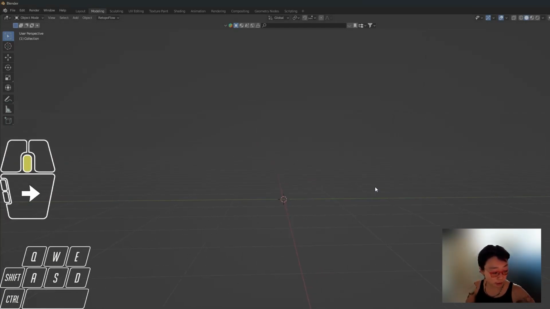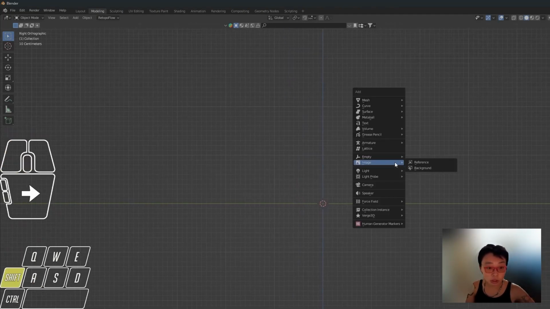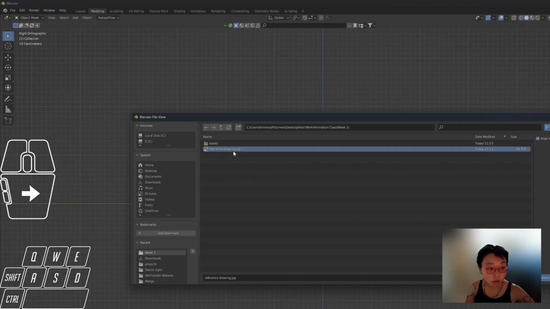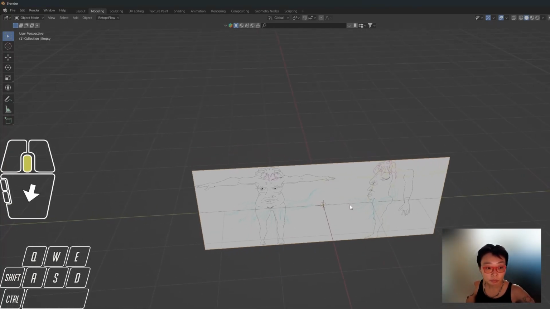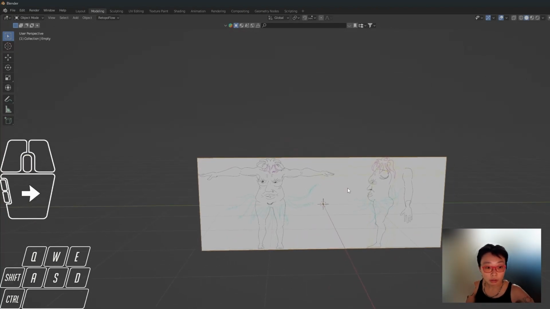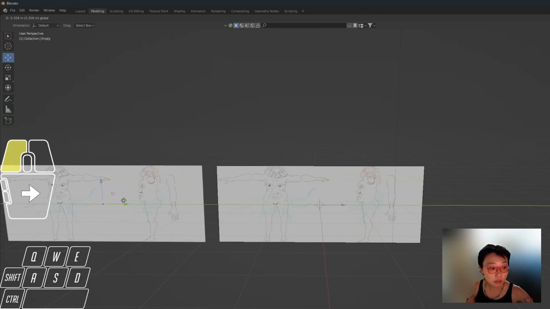Okay, what I find easiest when loading it in is to go to the front view, and then load in the reference image. Now it's nice and centered. Then we hit Shift D, which is to duplicate anything, and then release it, and then G, so G is to move. So actually just do this, and then